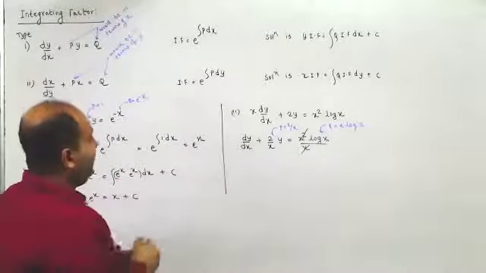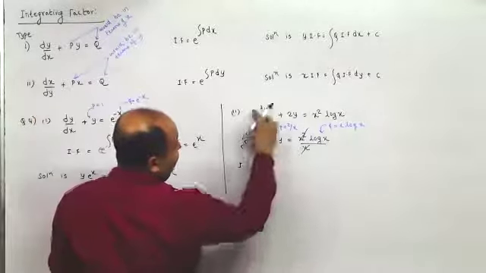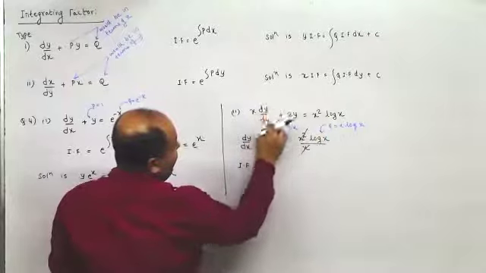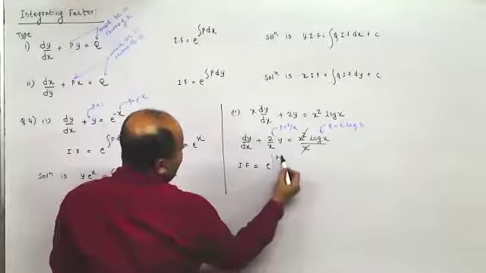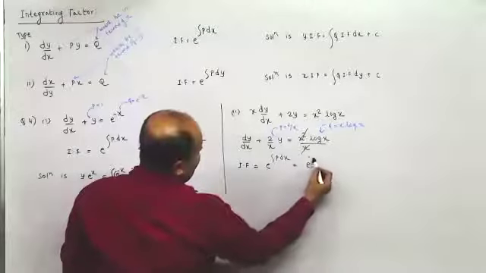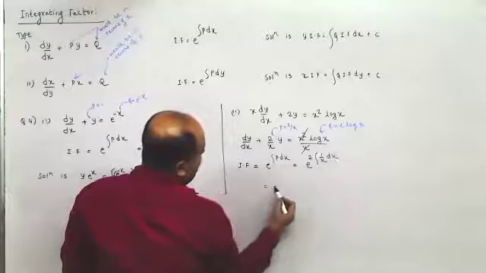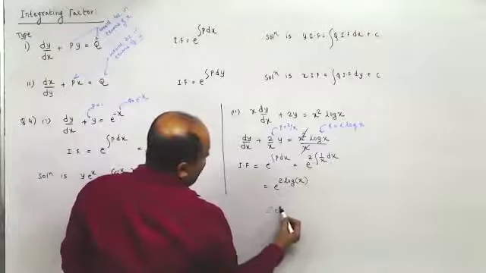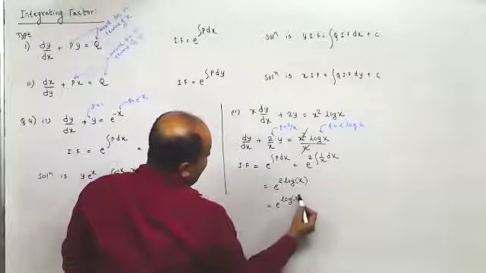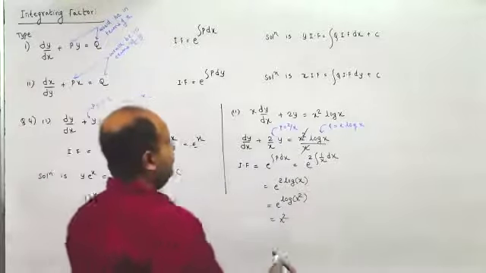So when I find the integration factor, I'll write here, this can be used only when it is linear. So the integration factor is equal to e raised to the integral of p dx, where this would be e raised to the integral of 2 by x dx. So it is e raised to 2 log x. This would be e raised to log x square. It would be x square, because e raised to log of any term is that term itself.